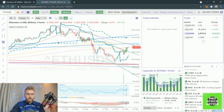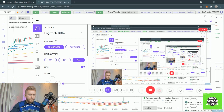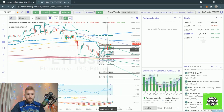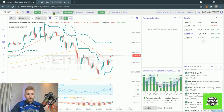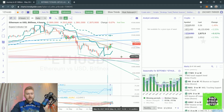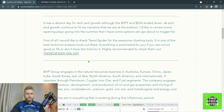But anyways, they automate everything, and you just click buttons. I will show you real quick. Let me make sure I'm sharing the screen. Yep. Click these buttons. You can turn on fibs, the Fibonacci lines. You can turn on and off trends. There's different settings, indicators. They even have a heat map, and they do all that for you with just one click of a button. So if you're not very good at technical analysis, this is probably the right thing to be in. Anyways, moving on over to the